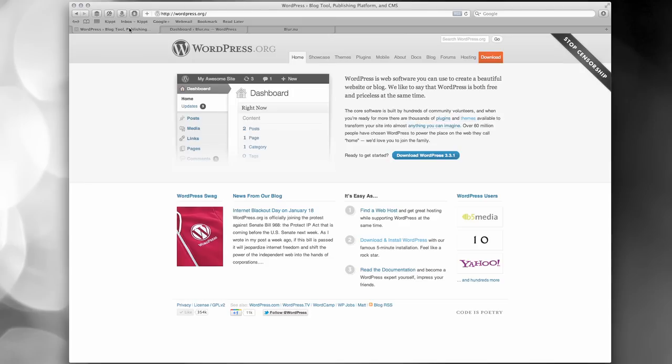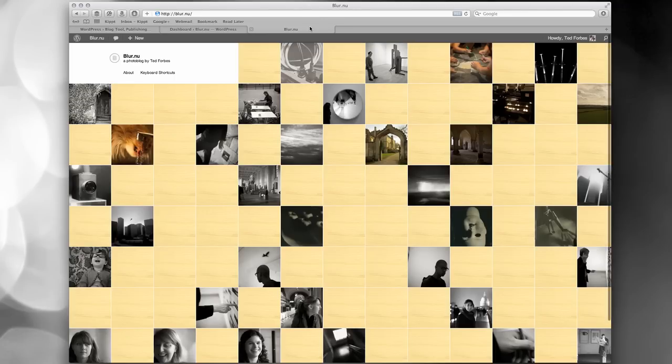So once you've downloaded WordPress, you can upload it, and this is actually what my blog looks like, and I'll tear this apart and talk about it. This is blur.nu, and so I have hosting here, and I've got a custom name, and this is the template that I designed around this. My idea, like I said, was to show my work in a large continuum of time. So the newest photos are near the top and the older photos are down below. And I wanted it to be very simple. So at the home page, there's not a lot of text or anything.